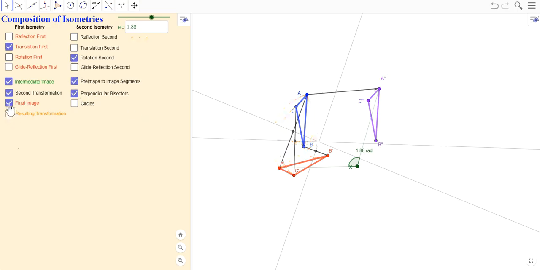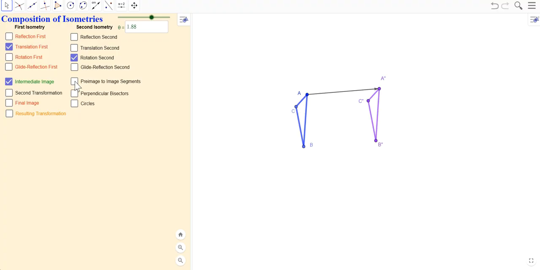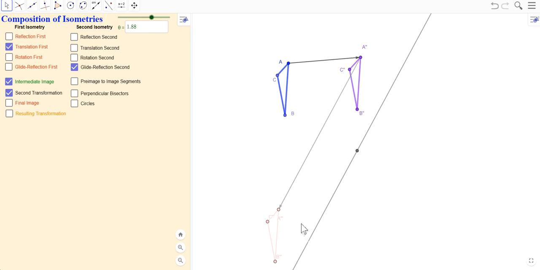All right, so now we've done those. Let's do one more. Translation followed by a glide reflection. Okay, so translation first. Okay, for our glide reflection,